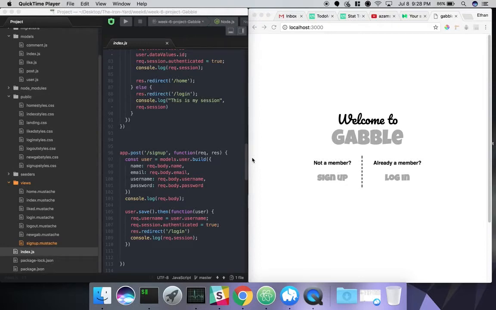The Gabble project on this page. So as you can see here, here's the app.post I have for the sign up page, and really this is all of the code that's needed to build that model. As you can see, we're doing an app.post, and this links to the sign up page here on our mustache file,